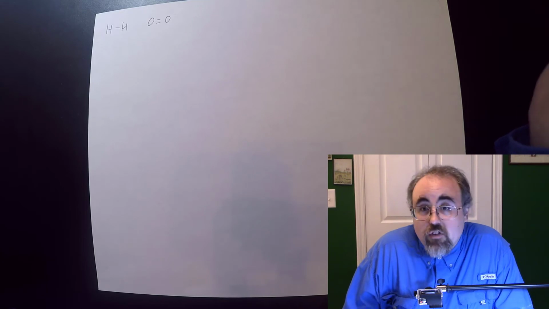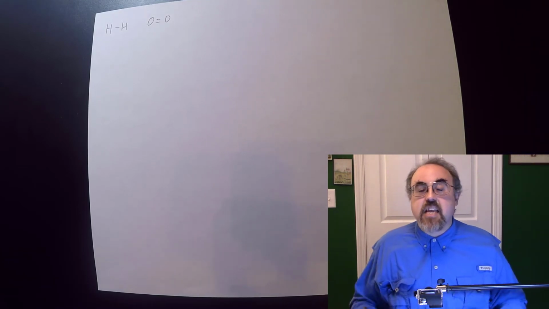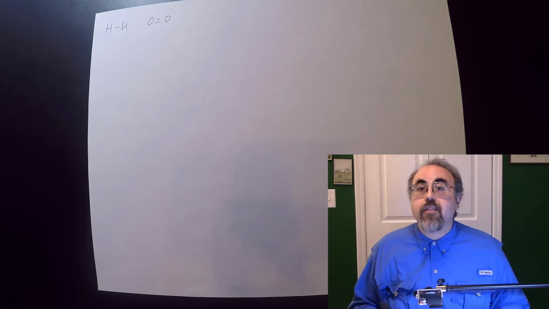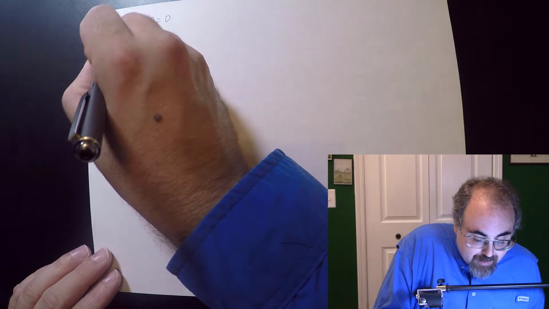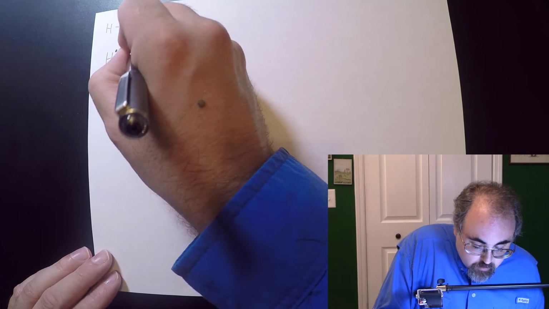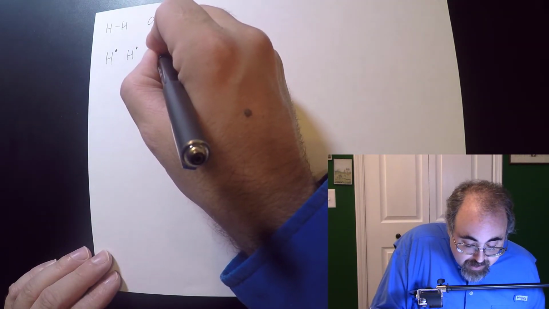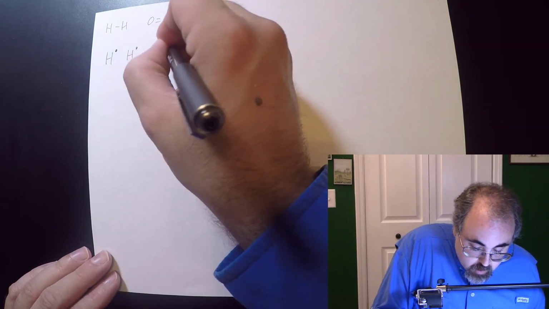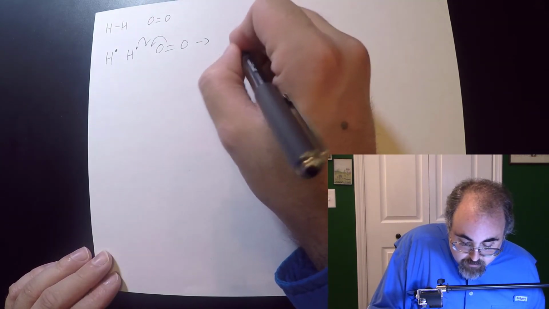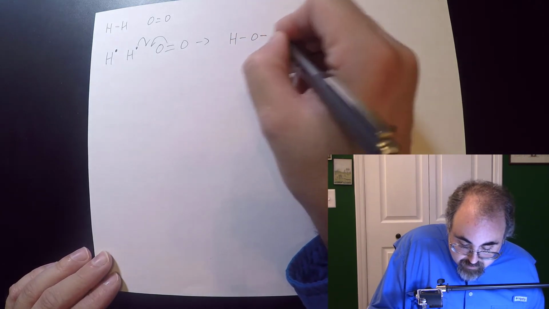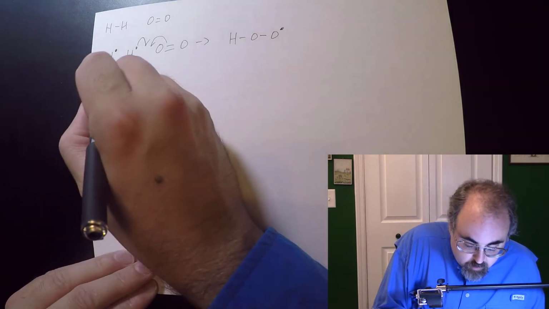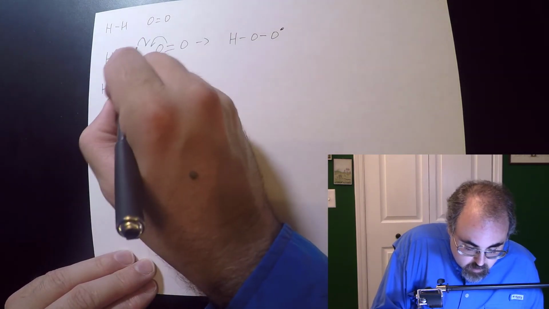Okay, so we've got ourselves these guys, and under high heat, if these guys collide with enough force, then you can break one of these bonds in a way that forms radicals. So we can collide them at really high force, and now I can get a pair of H radicals. Then these guys can interact with my oxygen. And at this point, I can now start forming something like this guy. He's got a radical on him as well, so I might have this guy doing